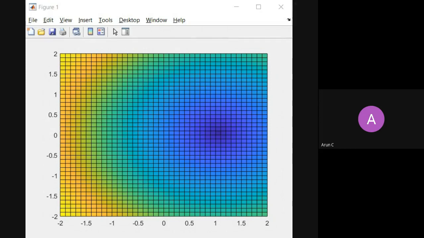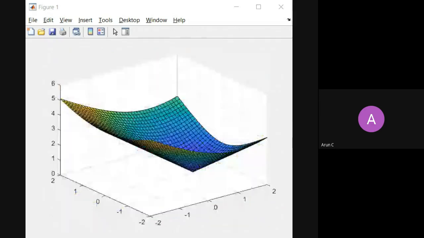And for an example, if I put a constant at 0.5, then what I will see is